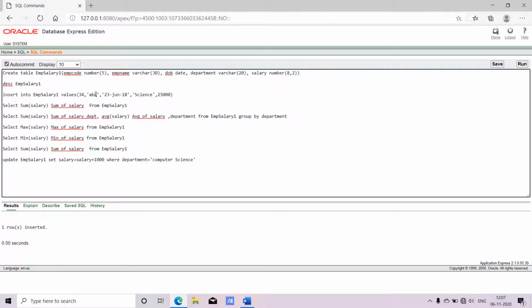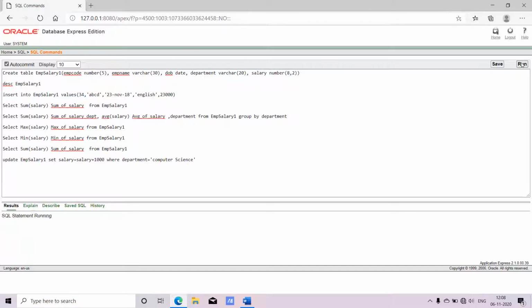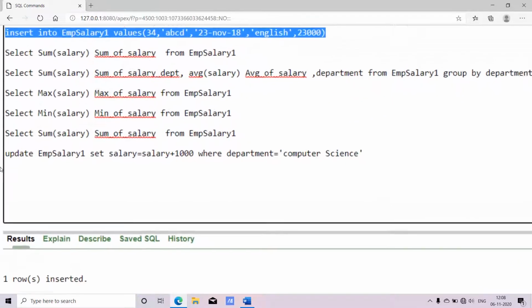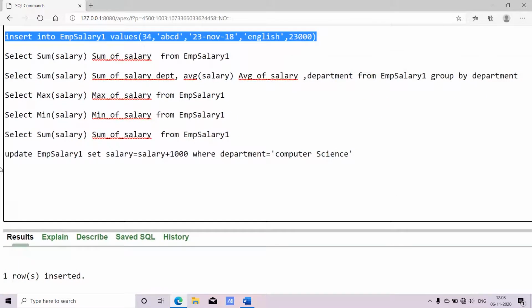I'm inserting the third value. So I have inserted all the three values here.